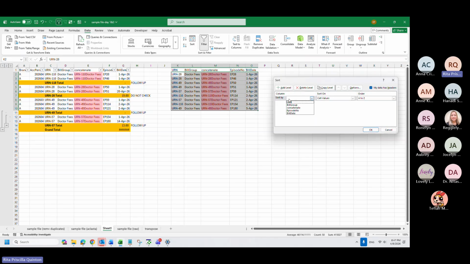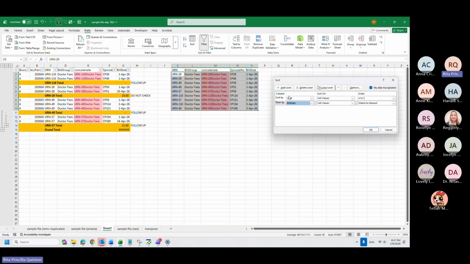Okay, sort by URN. I want to sort by my URN, A to Z, add level, then by whichever you want to sort. Let's say I want to sort by date so that it will be from oldest to newest. So in the case of 49, I have two doctor fees, April 1 and April 5. If I sort them, these first two will appear here, and then this one will appear third.